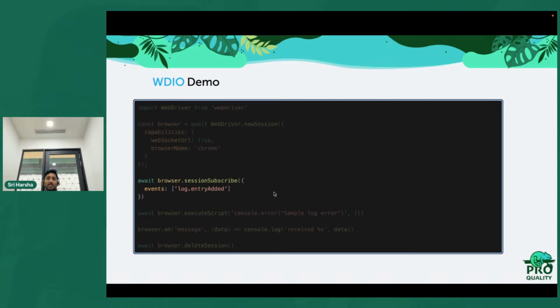So session subscribe is nothing but we are subscribing to an event called log.entryAdded. log.entryAdded is the BiDi command that actually starts listening to the console logs or the JS logs. So once we subscribe to the session or to the log event, then we are again executing the